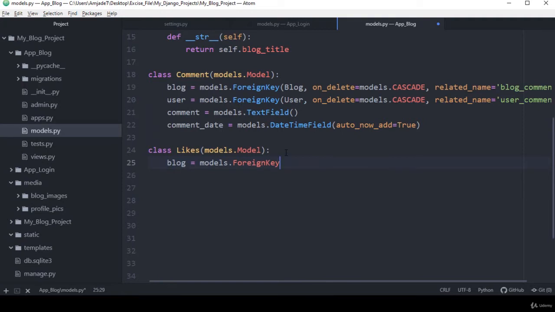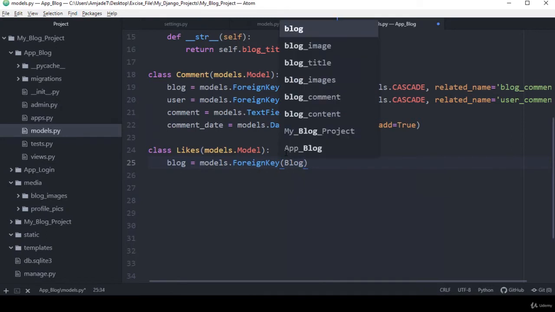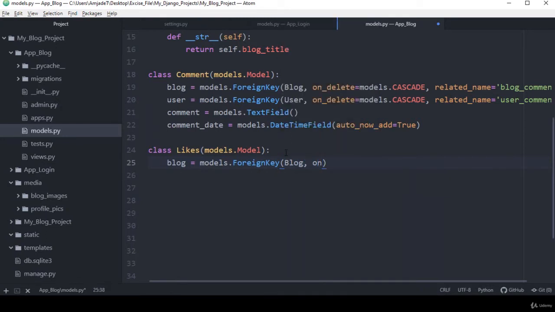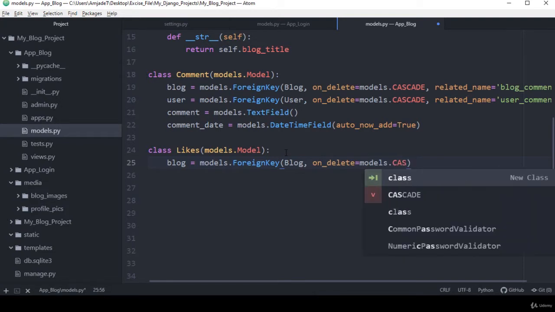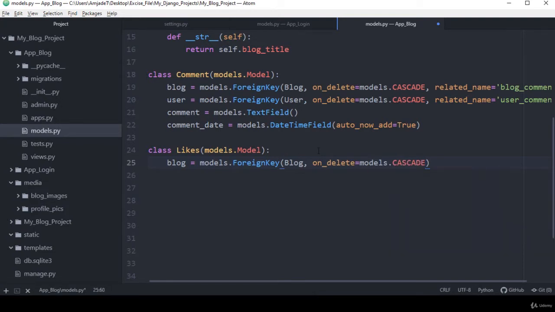So I want to put that foreign key with our blog class. So it will be Blog, and then on_delete with models.CASCADE. That means when this blog is deleted, the likes related to this blog will be deleted. And also when this user is deleted, every like related to this user will also be deleted. So for that reason I also do the same thing, on_delete as models.CASCADE,